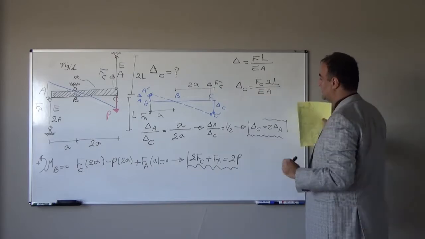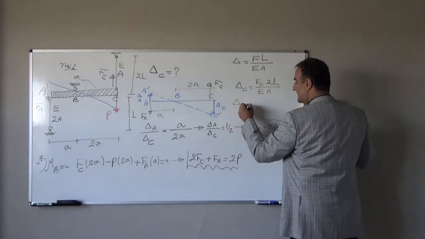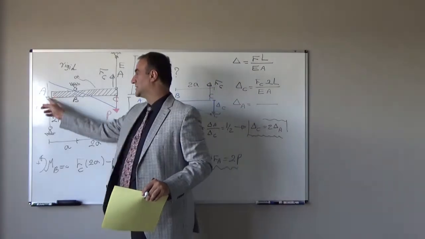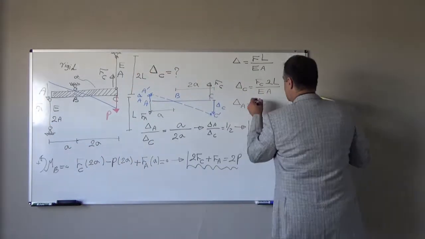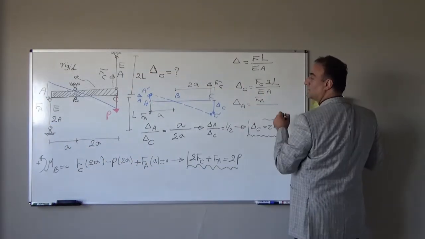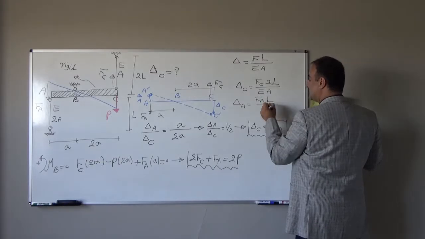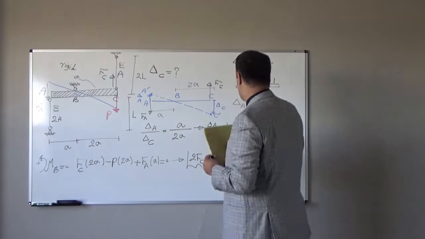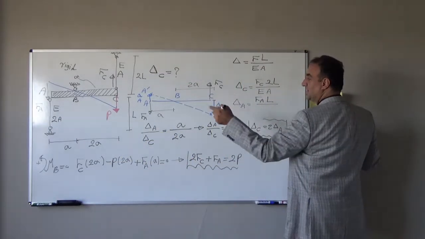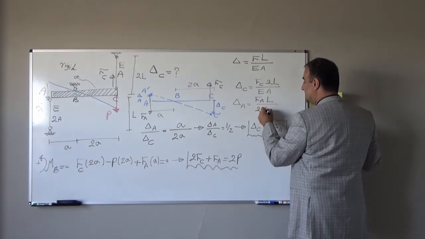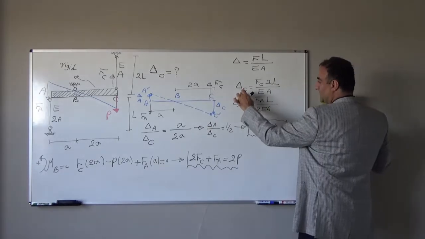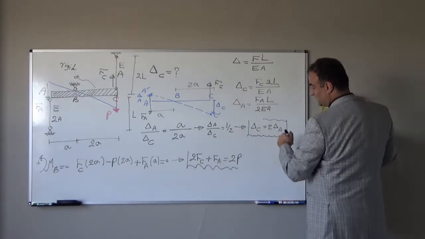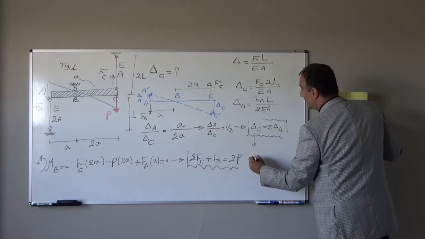This is delta C. How much is delta A? Delta A is equal to the internal force in this member, which is FA, times the length of that member, here it is L, divided by Young modulus times cross-sectional area, which is E times 2A, so 2EA. So I have delta C in terms of the force, and delta A in terms of the force. If I substitute here, I will have